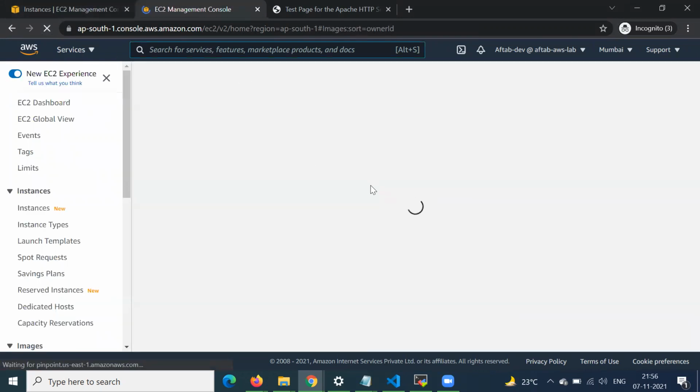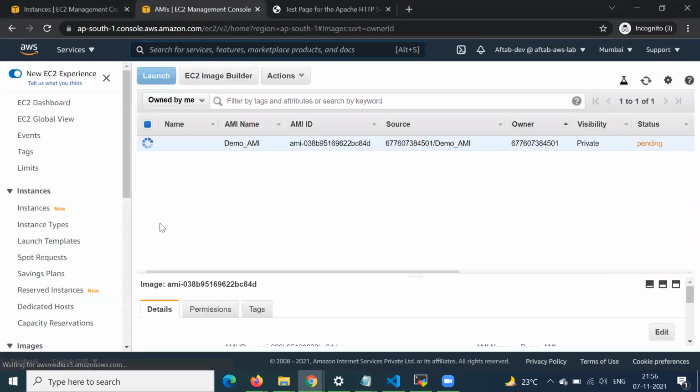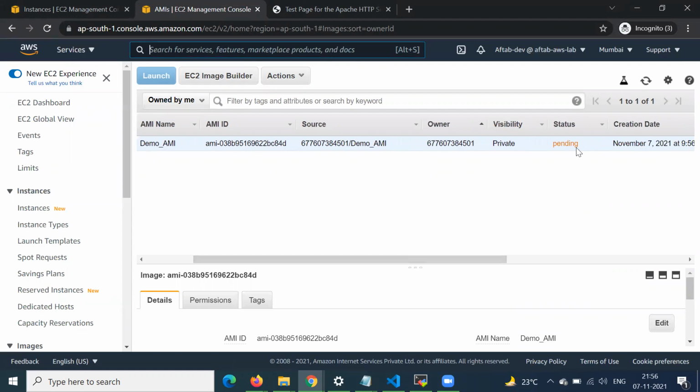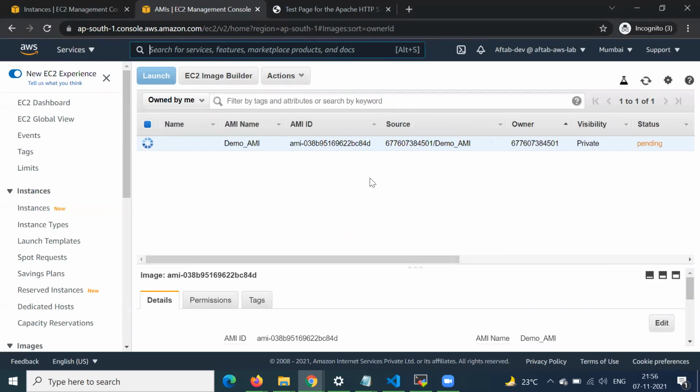Once you refresh this page, we will be able to see an image is being created. The status is pending, so after a few minutes it will be in available state.